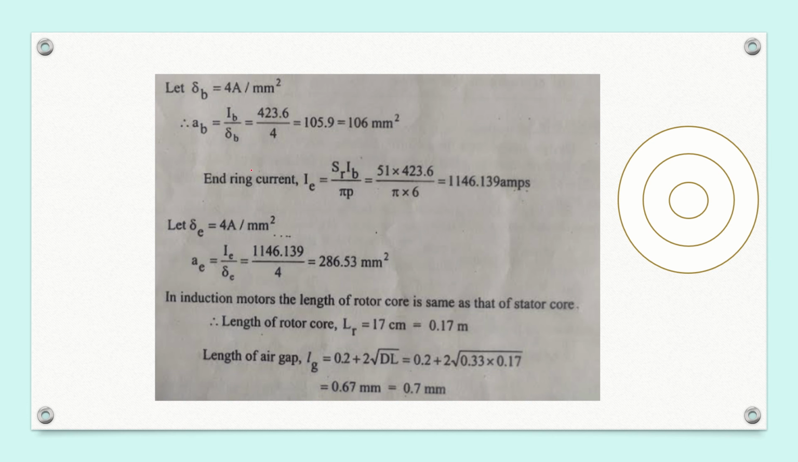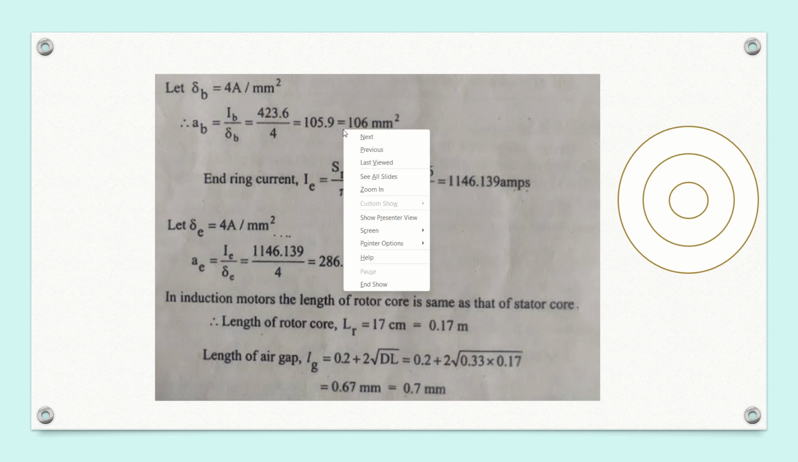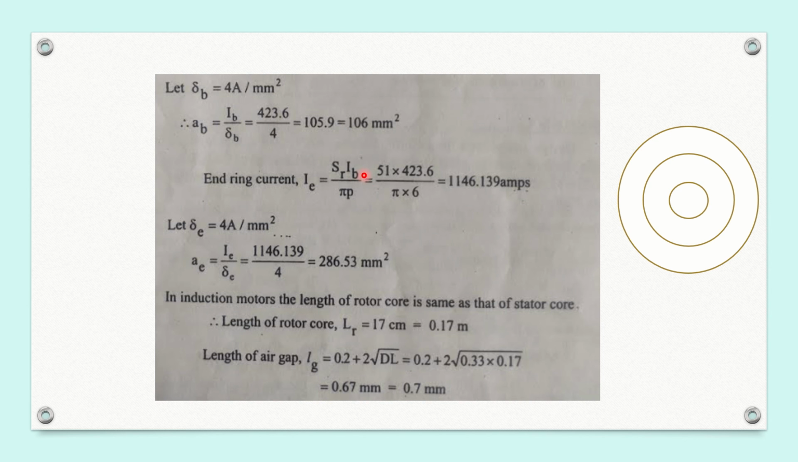Okay. Now we have to design the end ring. For that we have to calculate end ring current as well as the area of cross section of the end ring. So end ring current is SR into IB divided by pi P. We know the value of SR. We have also calculated IB, and number of poles is 6. So we will get end ring current as